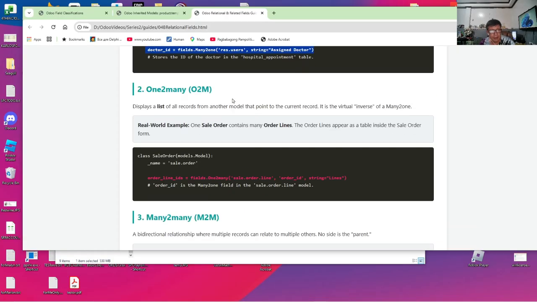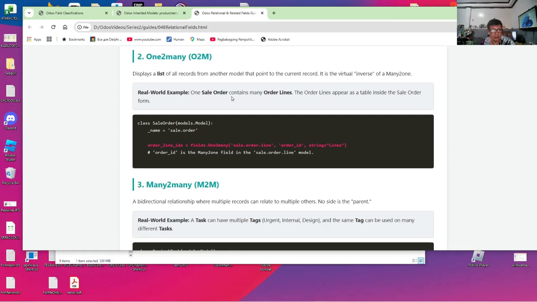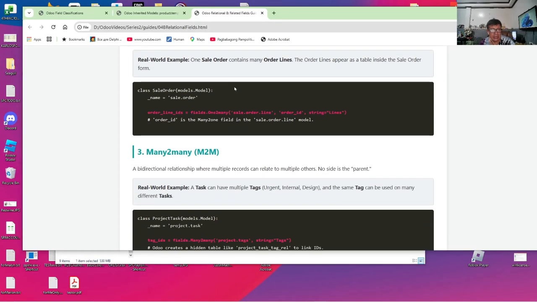The reverse of the many to one field is called the one to many field. In this case, we can have a single record in a model being related to several records of another table. An example is a sales order. In this case, we have a sales order which is related through a one to many field to an order line.